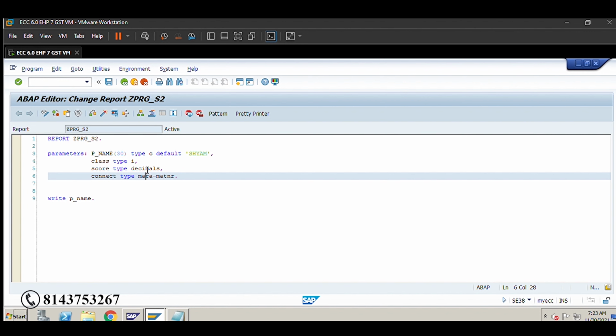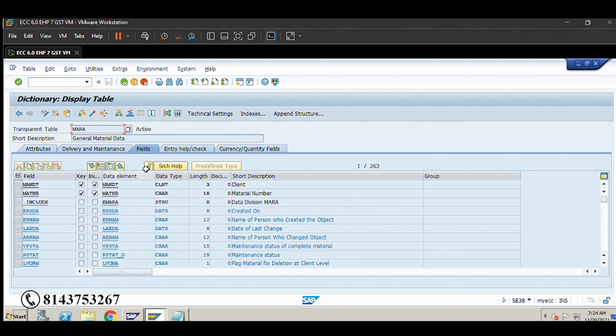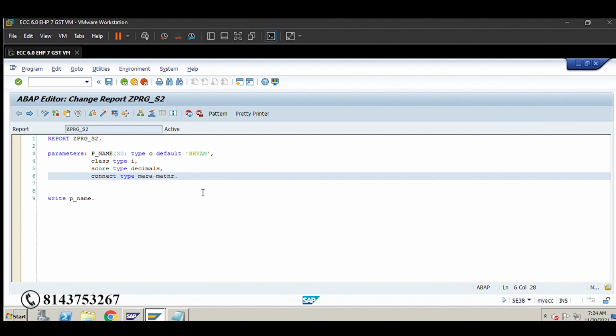So here Mara is a table which exists in the SAP, and Martner is a field which is available in this table. This is a table where it holds a field called Martner.